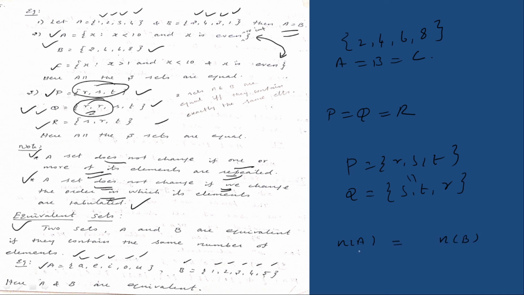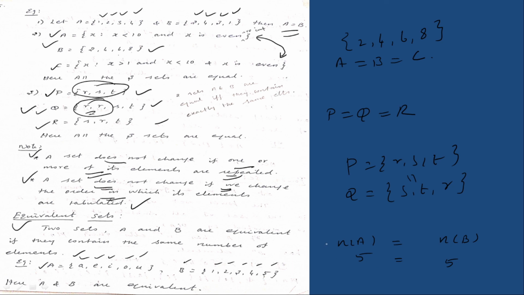Here the number of elements in A is 5, that is the set of vowels in the English alphabet A, E, I, O, U. B consists of the integers 1, 2, 3, 4, 5. So only whether n of A and n of B are equal matters. That is, only the cardinality of a set we have to keep in mind. That is, n of A consists of 5 elements and n of B consists of 5 elements. That's all. So both sets are equivalent. We don't bother about whether they consist of the same elements or not.